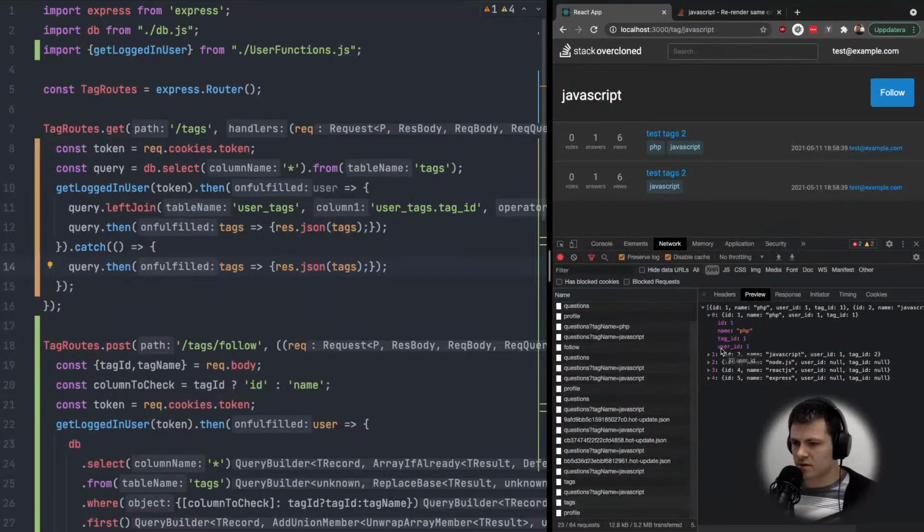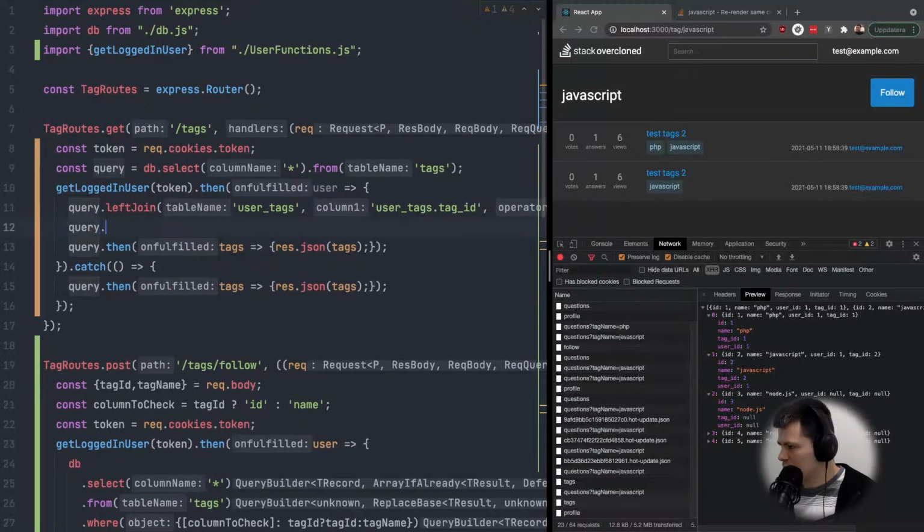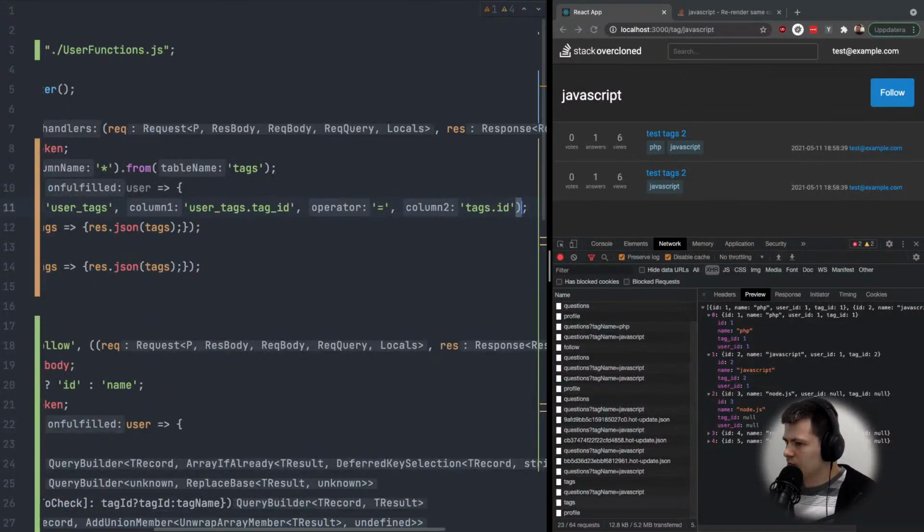Okay, we have user ID here, user ID here, tag ID, and user ID is not. But I need to left join user_tags, but also I need to add to query where, because we are not using this user object here, so I need to where,